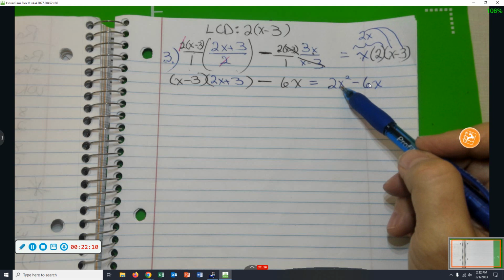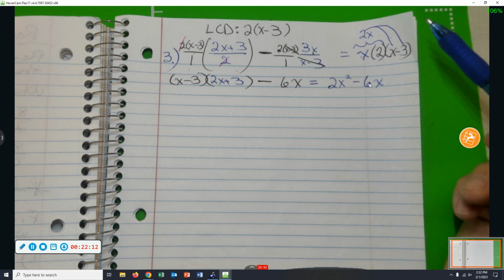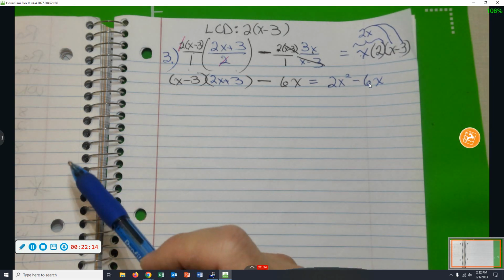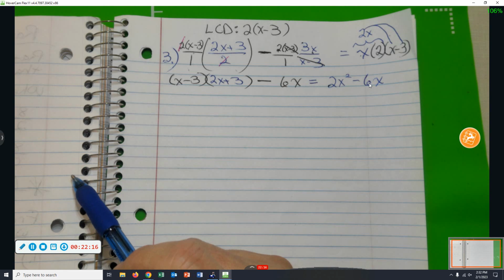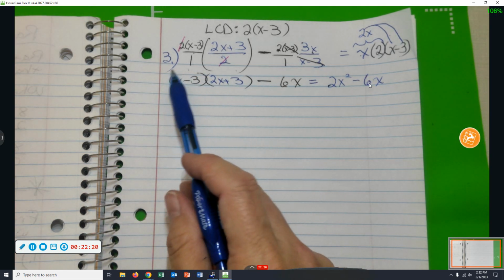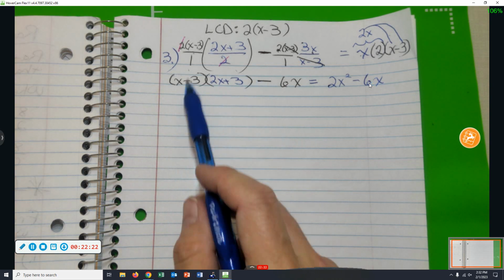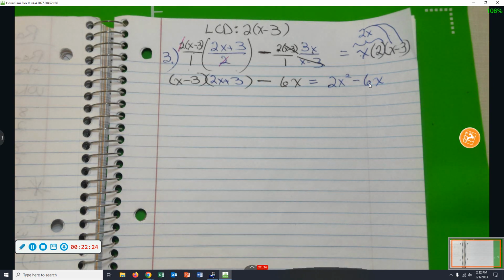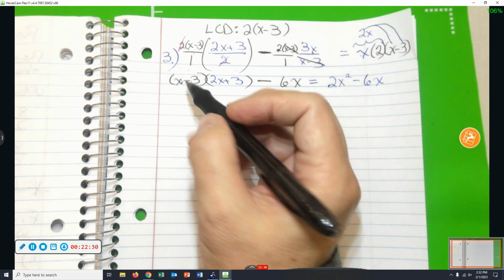Okay, I see an x squared, so I'm thinking it's going to be quadratic, but if it's quadratic, we have to get the thing set equal to 0 and combine like terms. We're going to have to multiply this stuff out here. Binomial times a binomial. What are we going to do to perform that multiplication? Foiling out, so here goes. First,